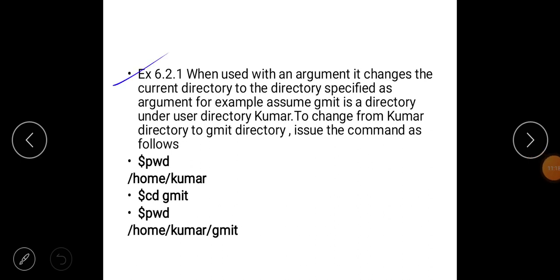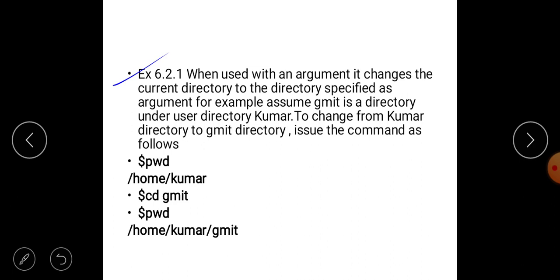Okay, it is the example. When used with an argument, it changes the current directory to the directory specified as an argument. For example, assume gmit is a directory under the user directory Kumar, which means gmit will be under Kumar.